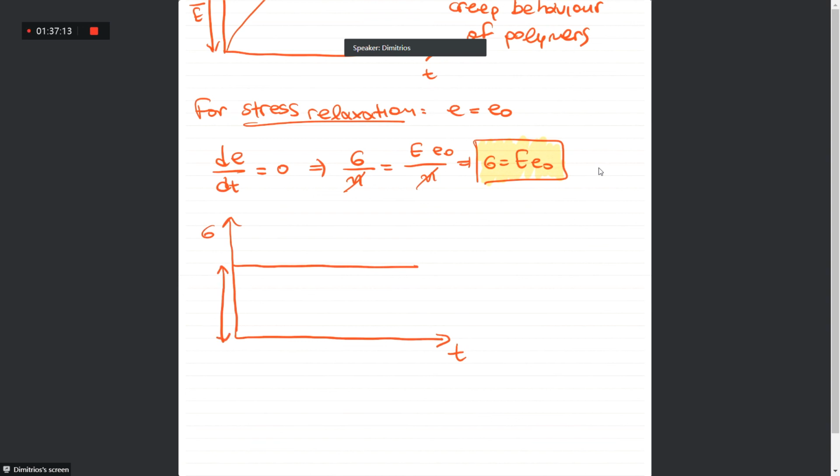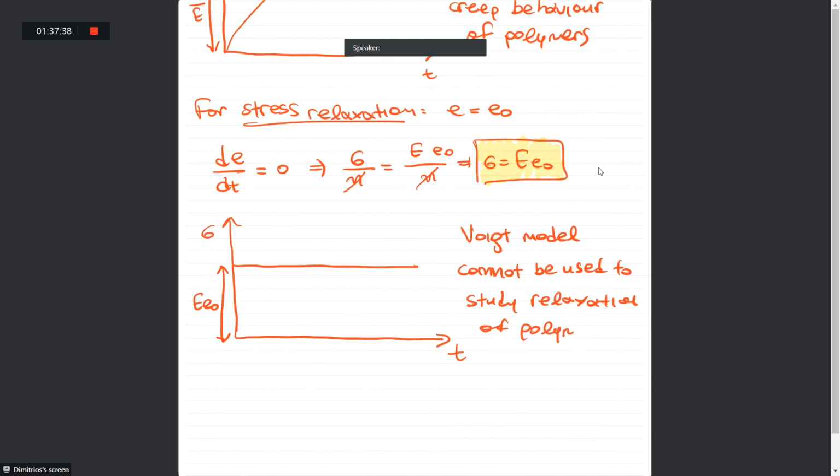And as you can see, the Voigt model cannot be used to study stress relaxation. So in order to study the creep and the relaxation behavior of polymers with two of the simplest models that we can fabricate, the Maxwell and the Voigt model,